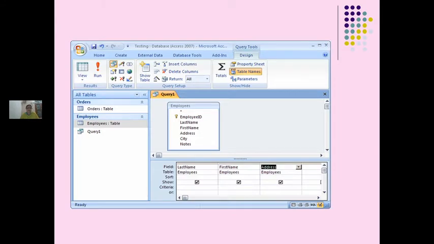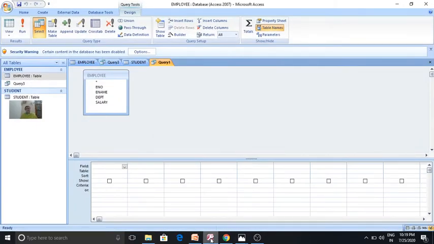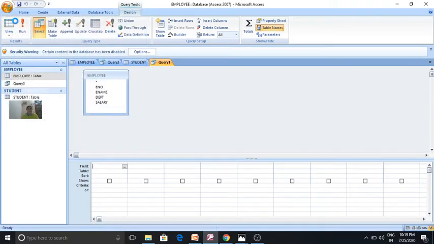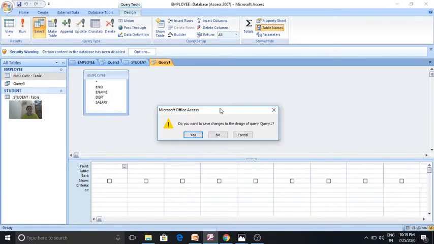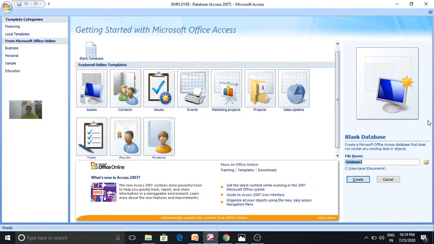I'll show you practically by sharing the application. Now we open the Access application here. Now let me open the database. First step is you have to open the database. So you have to browse.